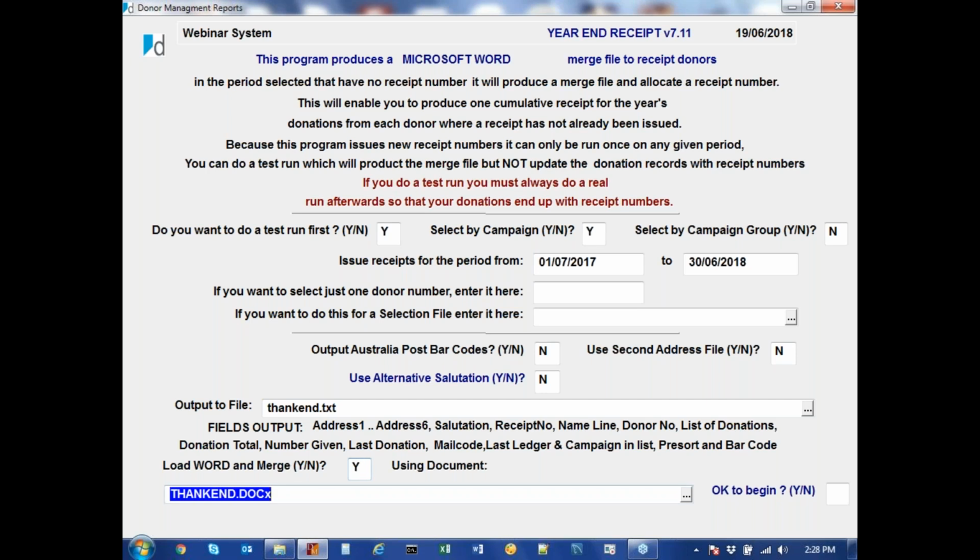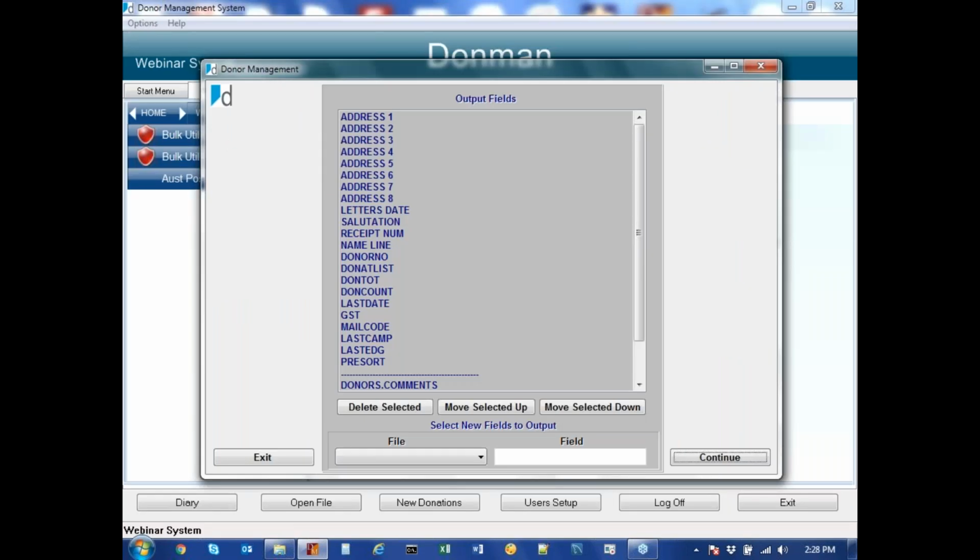So when I do that, I've got my document there. Once I've popped it in there, I don't have to use it again. It just remembers it from last time. So I'm going to use thankend.docx. And am I ready to begin? Yes, I am. Okay, so just like when you do your normal receipts, it gives you a list of the